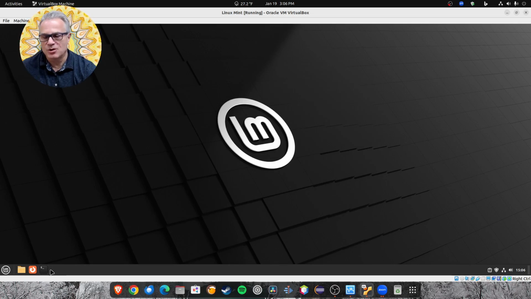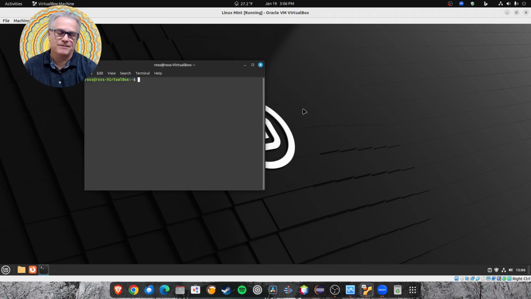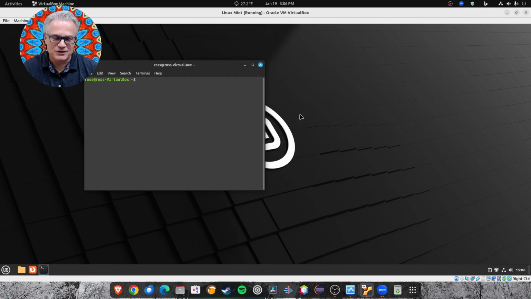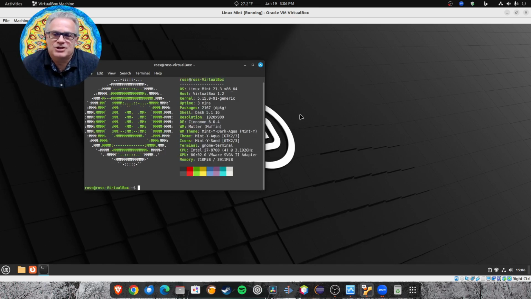So let's just open up the terminal here from Linux Mint. And I don't know if you noticed, the icon is slightly different, the arrow on your screen here, your mouse pointer. It's sleek and it doesn't have a stem. And whenever you do anything to cause the computer to pause for a second, you get a multicolored wheel. It's very visually appealing. Now, this is the latest version of Linux Mint as of this date, which is version Virginia. And if we look at neofetch, we can see that it's Linux Mint 21.3, which is the latest version, but look at the kernel,